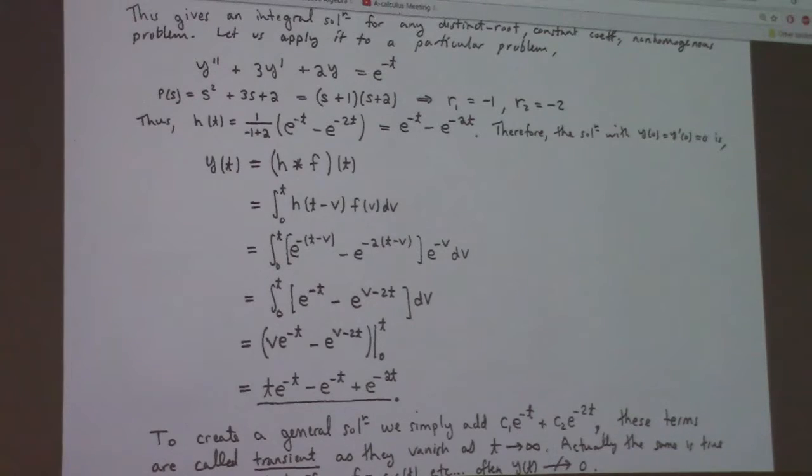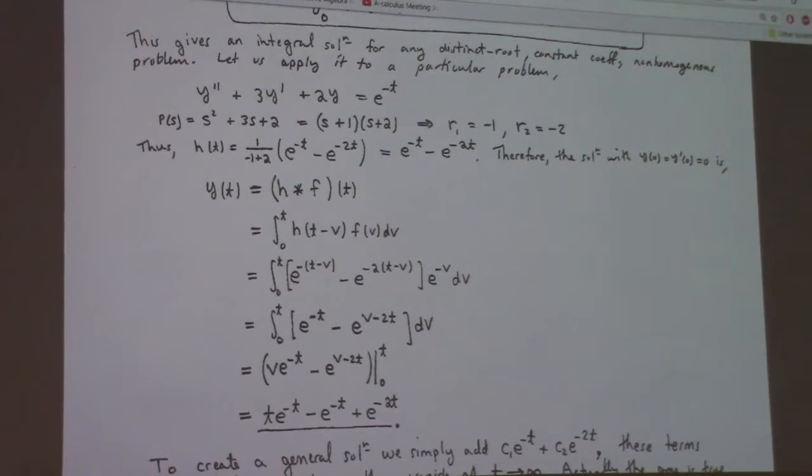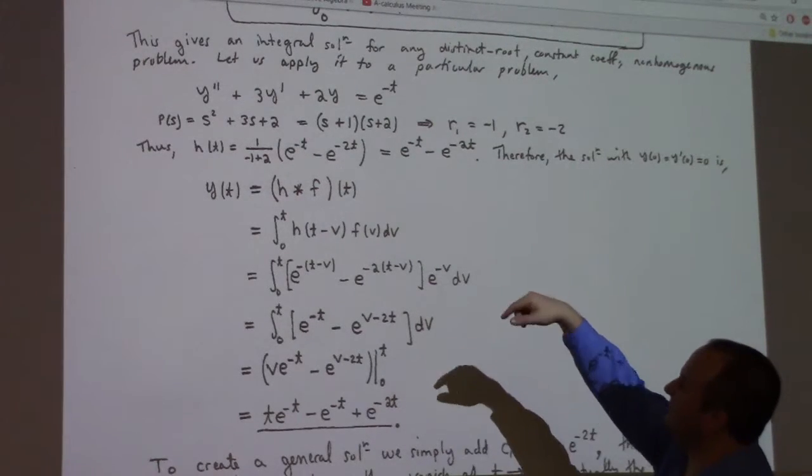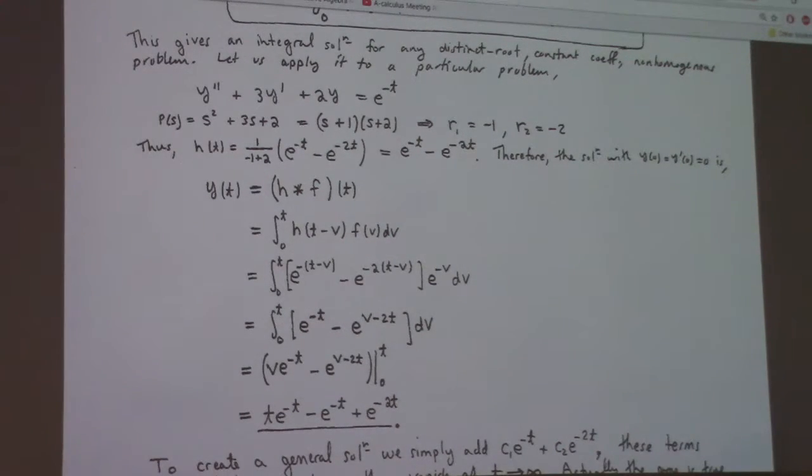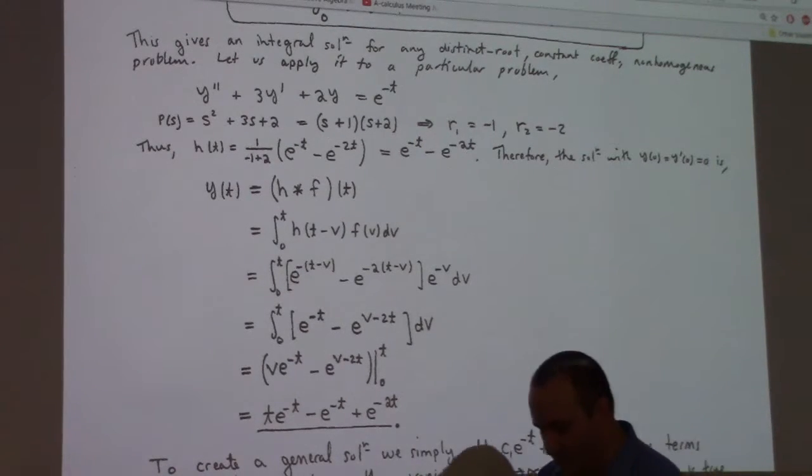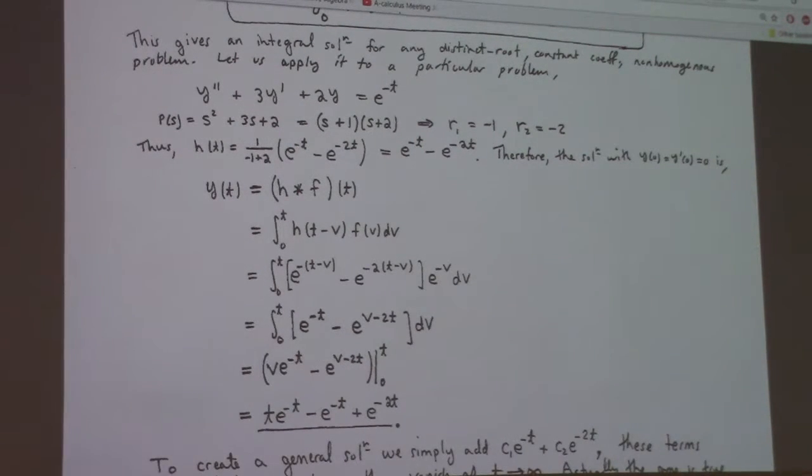So, for example, to make it specific, I look at this differential equation. Where did I put my laser? Oh, there it is. This one here, we get r1 equals minus 1, r2 equals minus 2, right? So using my general derivation, the inverse Laplace transform of the transfer function is e to the minus t minus e to the minus 2t. So if I convolute this thing with the force, which in this case is e to the minus t,